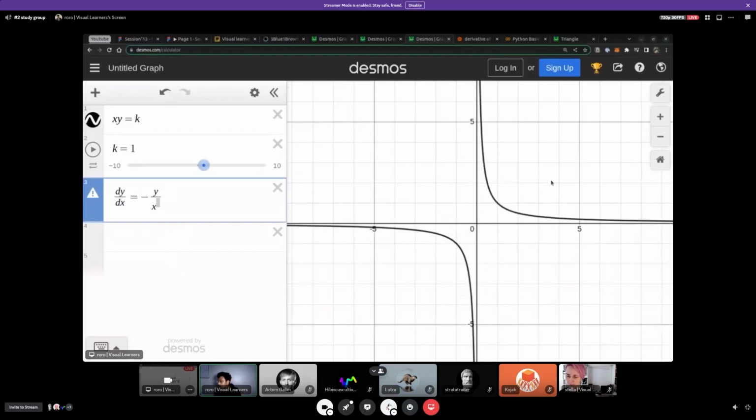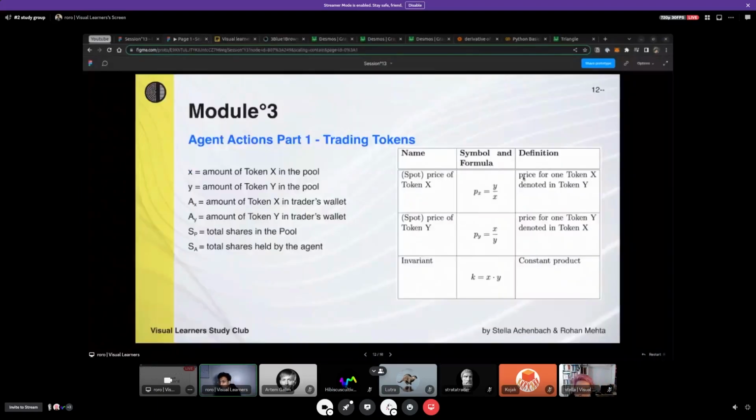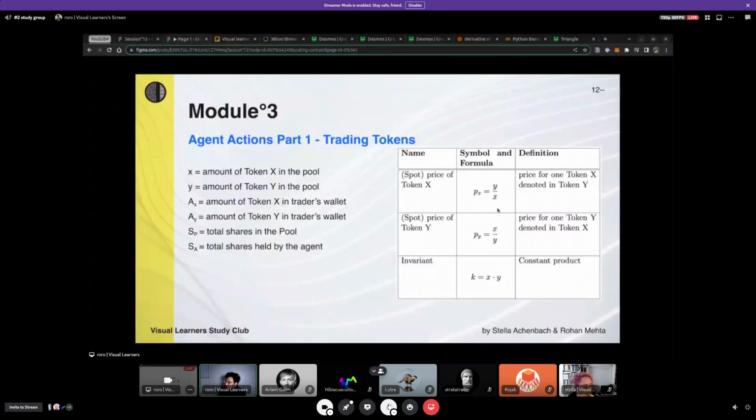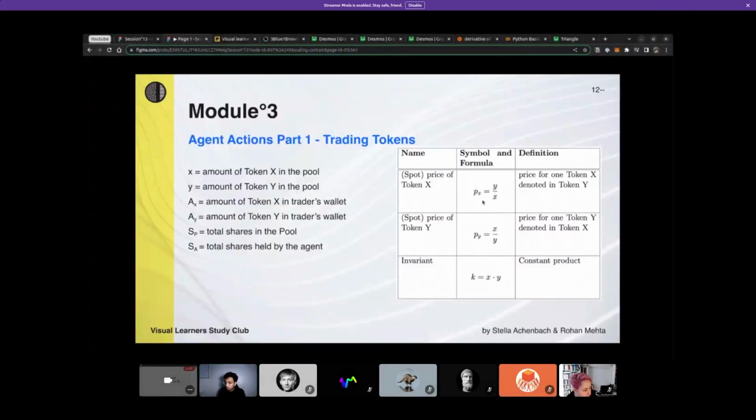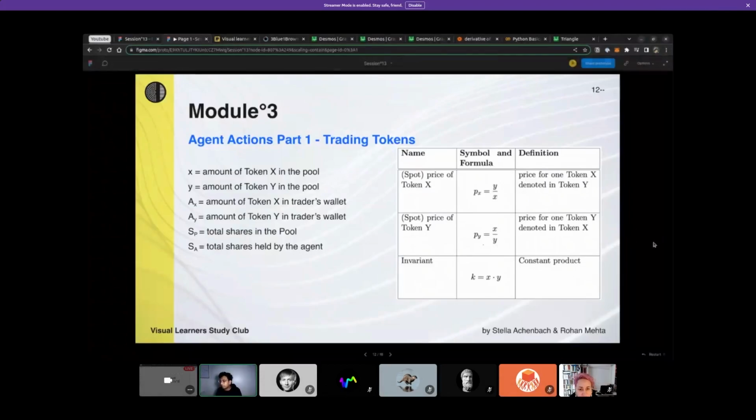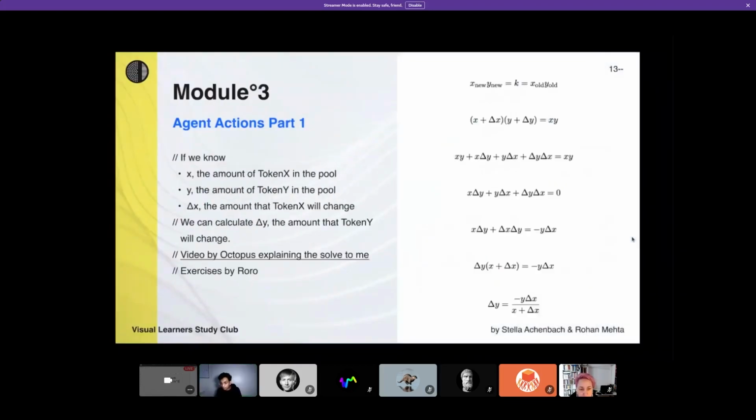which is the property of this curve itself, which is that the slope of the curve is always defined by y by x, which basically means that if you just know the amount of y and the amount of x in the system, that is the slope at the point. So if you go here, the slope of the curve will always be y by x, and that is the price. The price of x is y by x and price of y is x by y, which is very interesting. And that's again a property of the curve that we have right now. It's not a true statement for any random curve, but right now xy is equal to k. This thing is what happens.